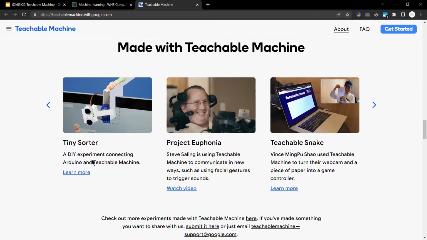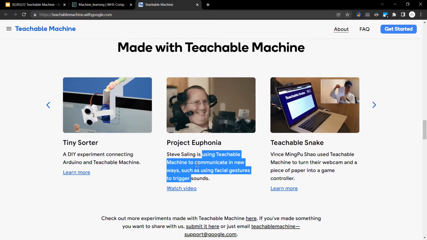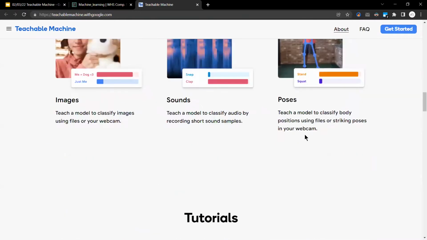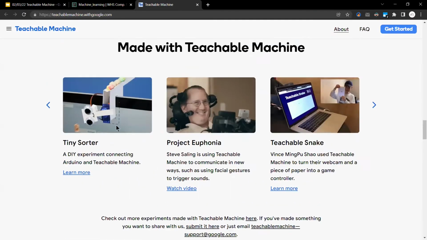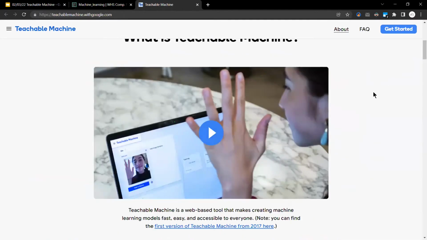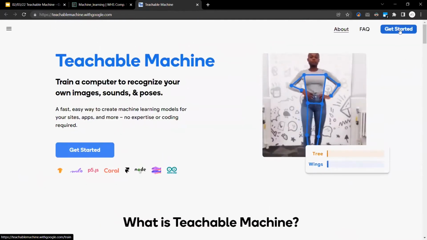Someone created a little sorter using facial gestures to trigger sounds. Someone used Teachable Machine to turn their webcam into a game controller for Snake. That's pretty cool. We probably won't be able to do stuff this advanced yet, but if you go to the website and click Get Started at the top,